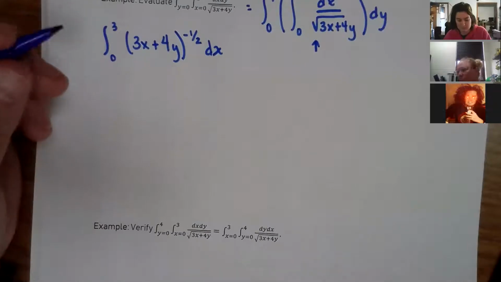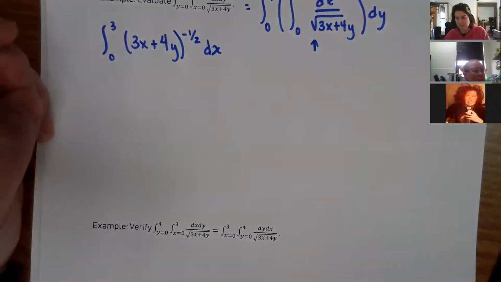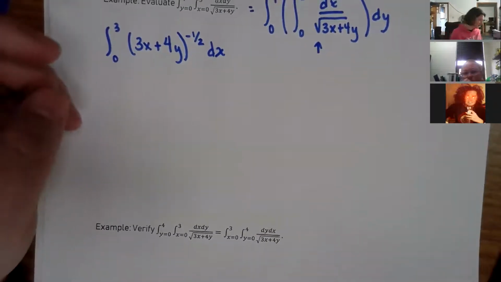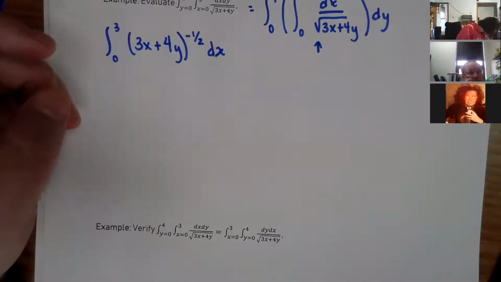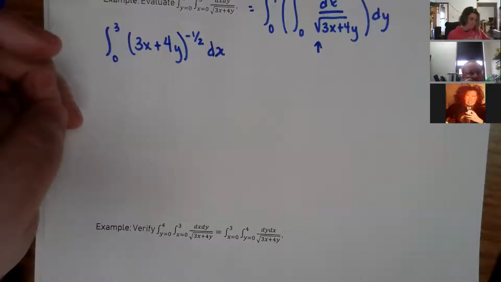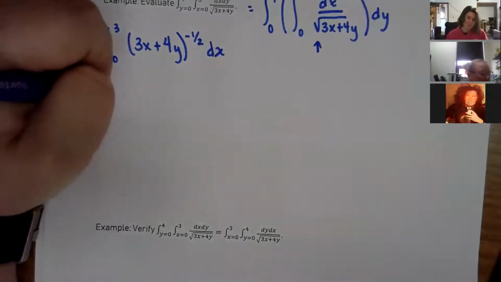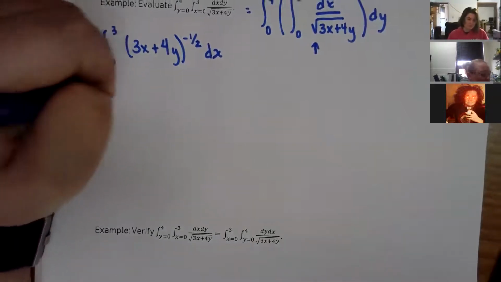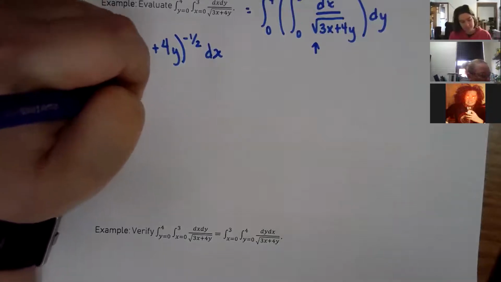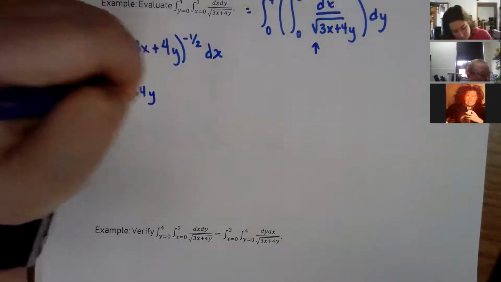How do I do this problem? U substitution. So if I let u be 3x plus 4y,